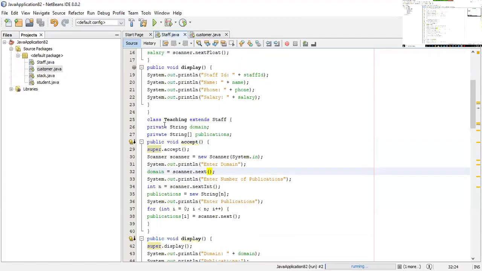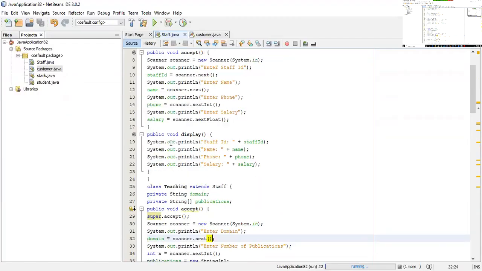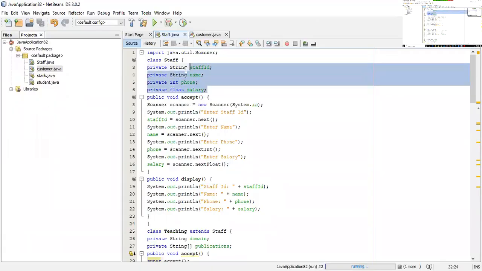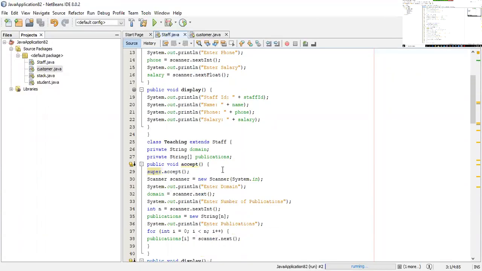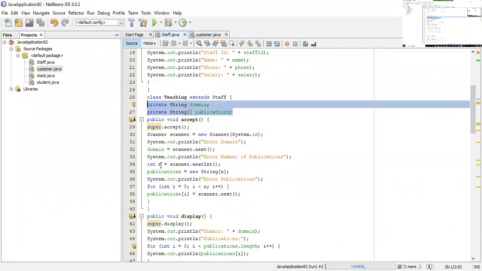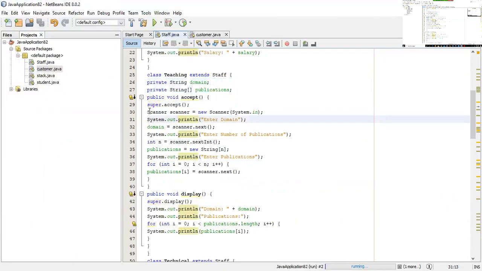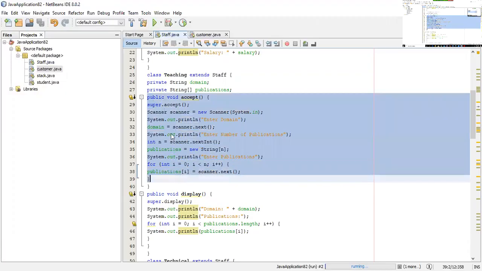Now for teaching staff, observe carefully. Apart from these four attributes, the other two extra things to be considered are domain and publication. So we have one more member function accept inside the teaching class.